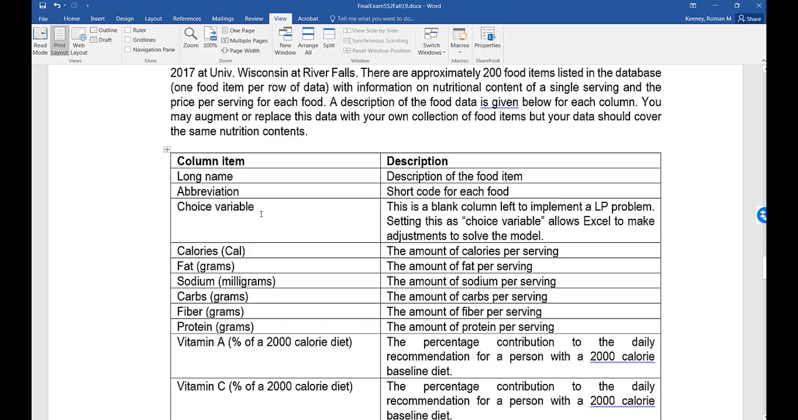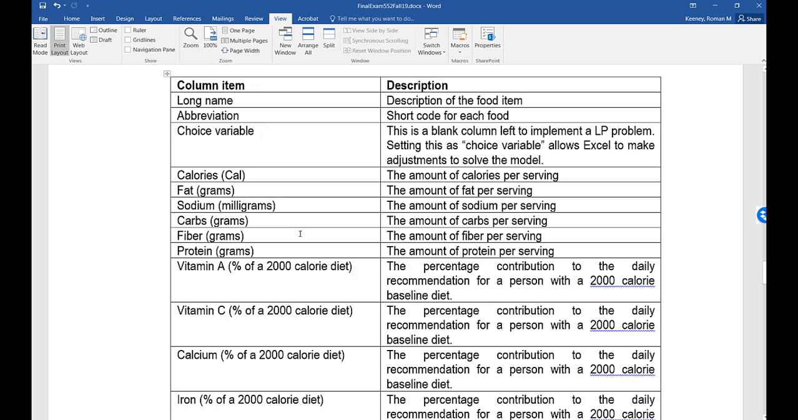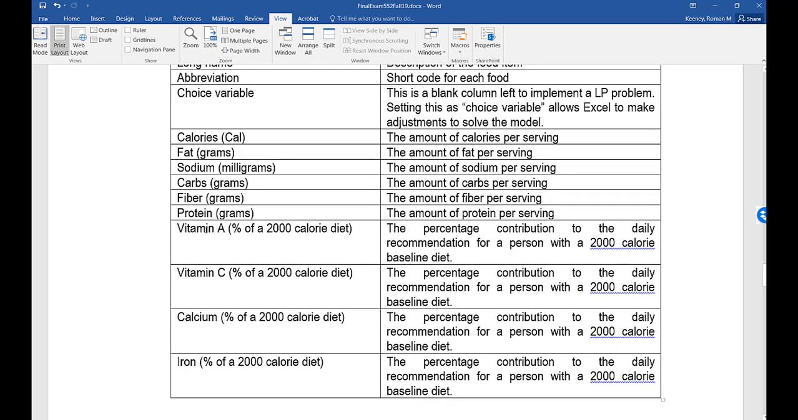And then you'll see a blank area in the spreadsheet for the choice variable, and that'll be blank so that you can model directly in the spreadsheet. So we'll look at that in a second. Calories, fat, sodium, carbs, fiber, and protein are all the required nutrient quantities. And then there are 4 additional nutrients, vitamin A, C, calcium, and iron, which are all given not in physical quantities, but in proportions. If you consume a serving of, for example, butter, you'll have some fat,